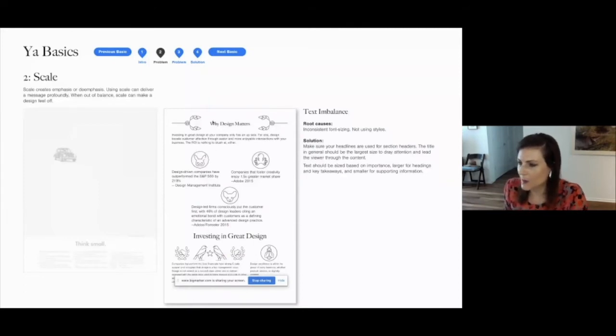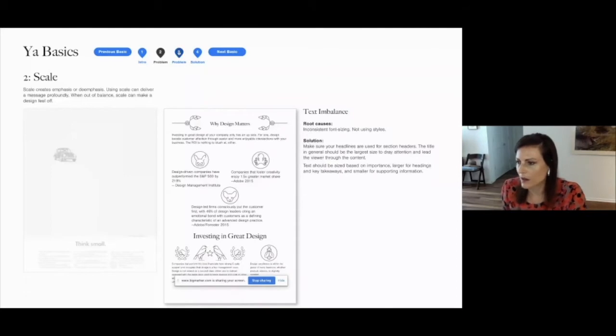The other thing that is going on in this page is this top text block is a smaller font size than these middle ones, and then the bottom ones are really small. Sometimes the designer wants to emphasize these data points, but you need to get through the story before you get to the data. Otherwise, the data is not going to make any sense. And at the bottom, the font size is really small, which could be because the copy is long and they're trying to fit it into the page. All of those things have solutions, and they're all about negotiating toward them.